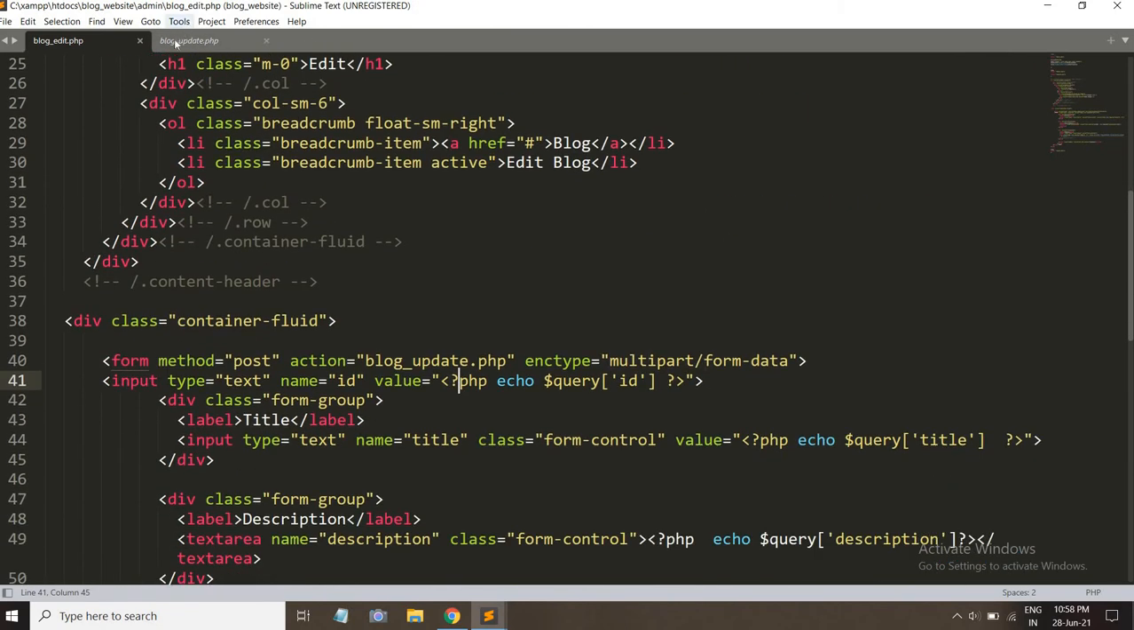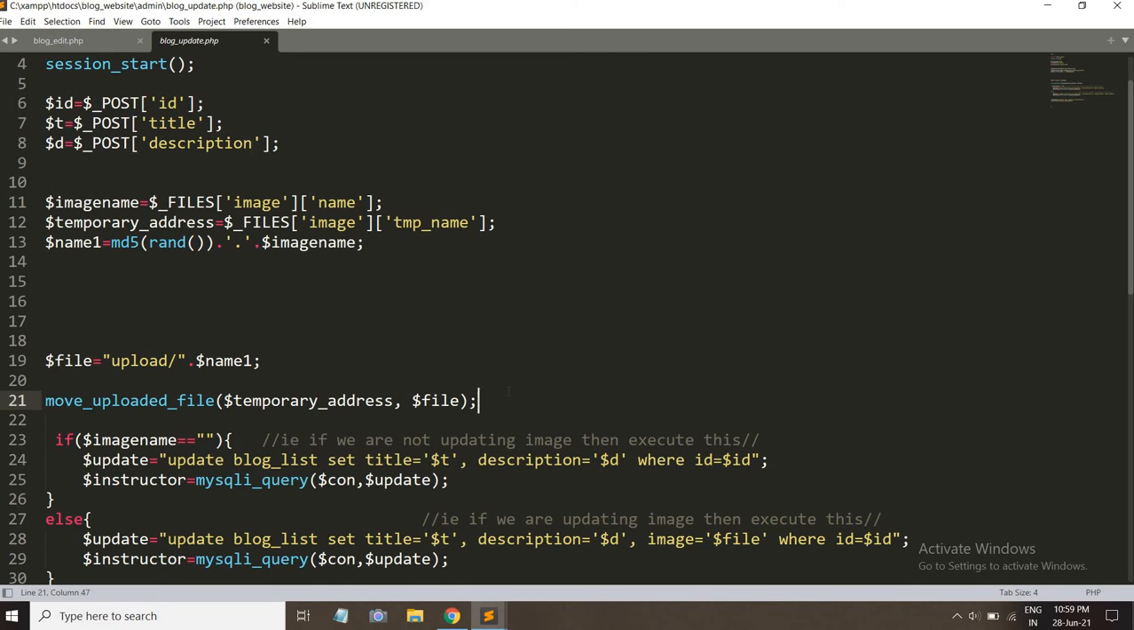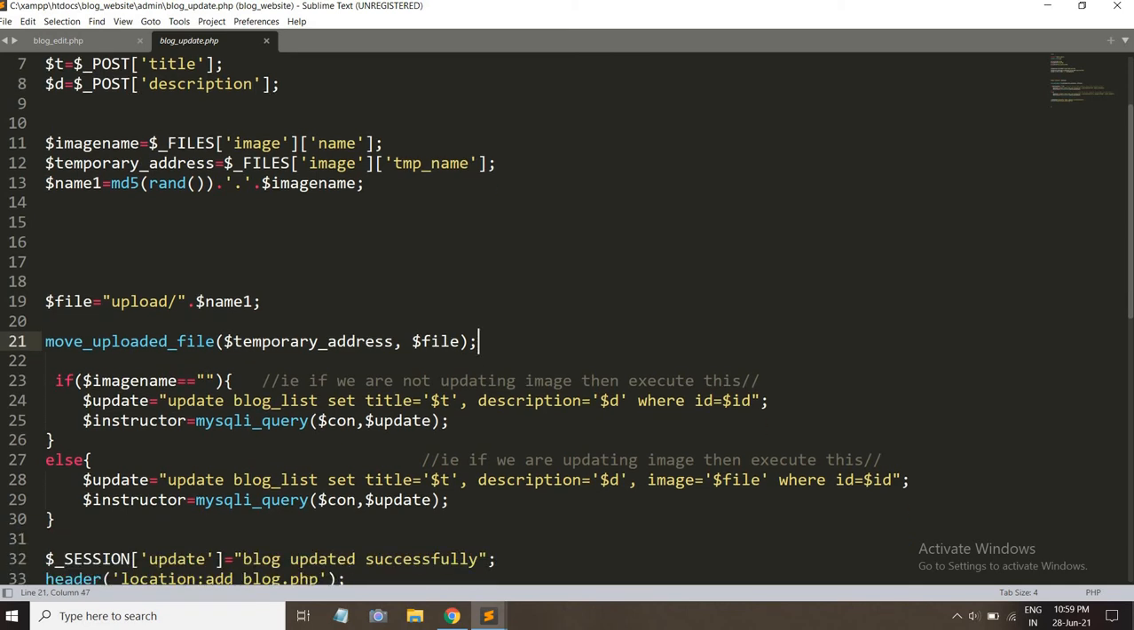Remember, we have used multipart, and now we have gone to the blog update part. Using the post method, we are getting ID, as I have mentioned. We are getting title, we are getting description. And now the fun fact is, we are doing the same thing: image name $file, temporary image $files, and adding random digits and doing the same. Till here it's all the insert part. Here comes the exciting part, the if condition. You can see, if $image name equals to nothing, means